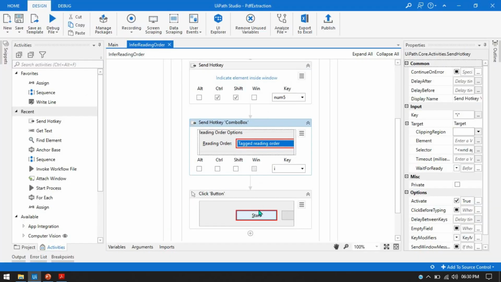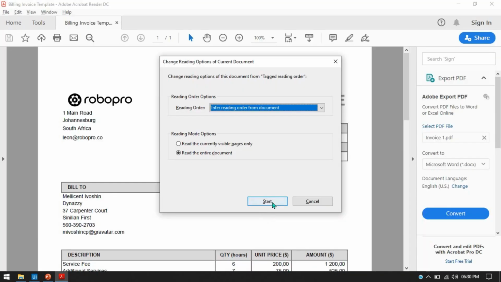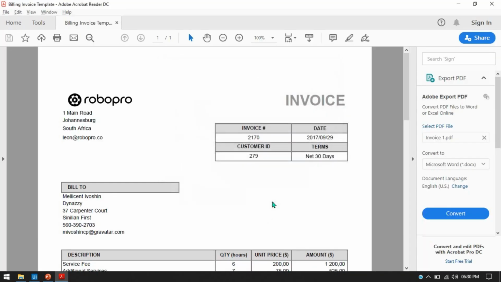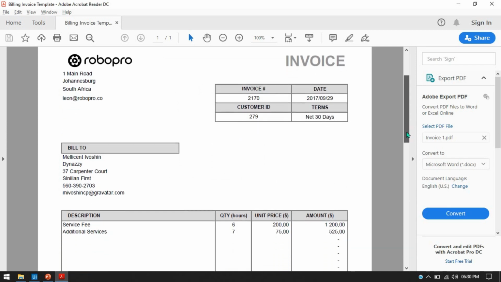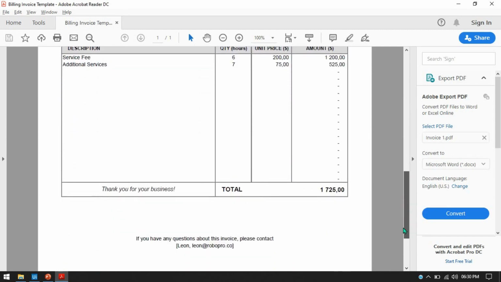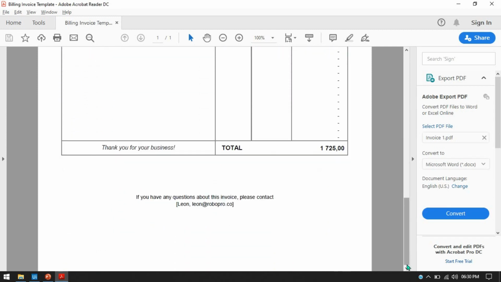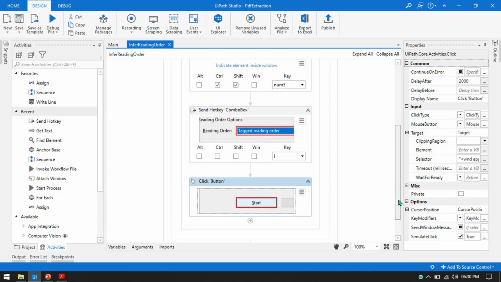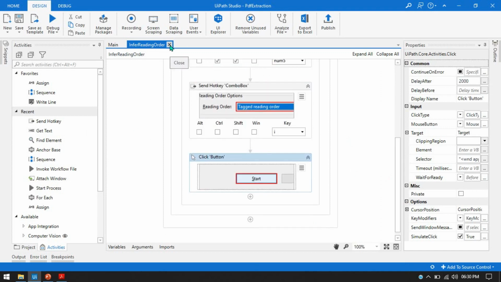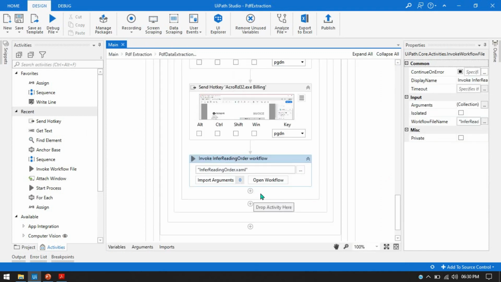Okay, and then we are taking a click button activity and clicking on the start. So once we click on the start, then this page will be set for a reading option as info reading,